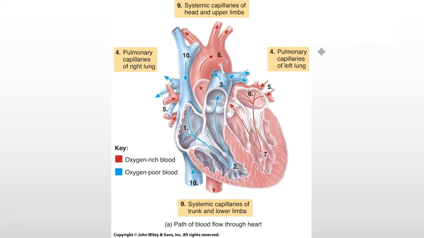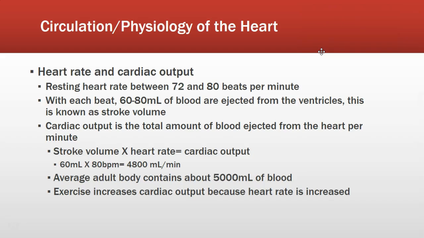But keep in mind, you want to be able to tell me what chambers, vessels, and also valves. And you're going to have this on one of your assignments, the homework assignment, where you're tracing the flow of blood through the heart. So please learn the parts of the heart, but also you need to know how blood flows through. As we look at heart rate, the resting heart rate is usually between about 72 and 80 beats